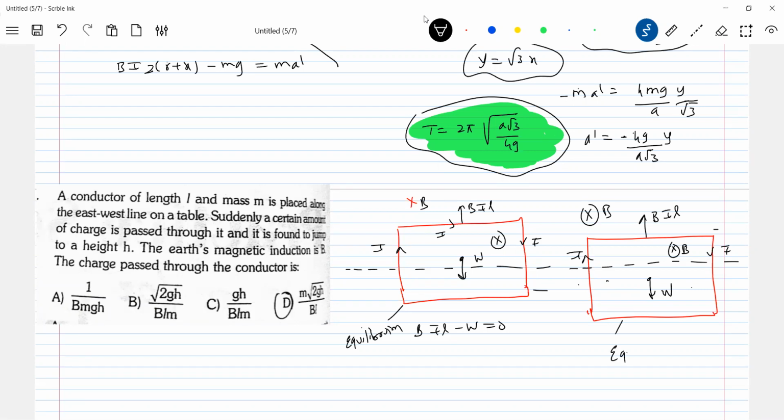Again, this is equilibrium. Can you define what type of equilibrium it is? Neutral equilibrium. So this will be a neutral equilibrium. So instead of asking some numerical, they'll give different shaped loops, displace them, and test what the nature of the equilibrium is. What do you mean by neutral equilibrium? When you displace it, again the net force is 0, then it is said to be neutral equilibrium. Or d square u by dx square is constant, then it should be a neutral equilibrium.